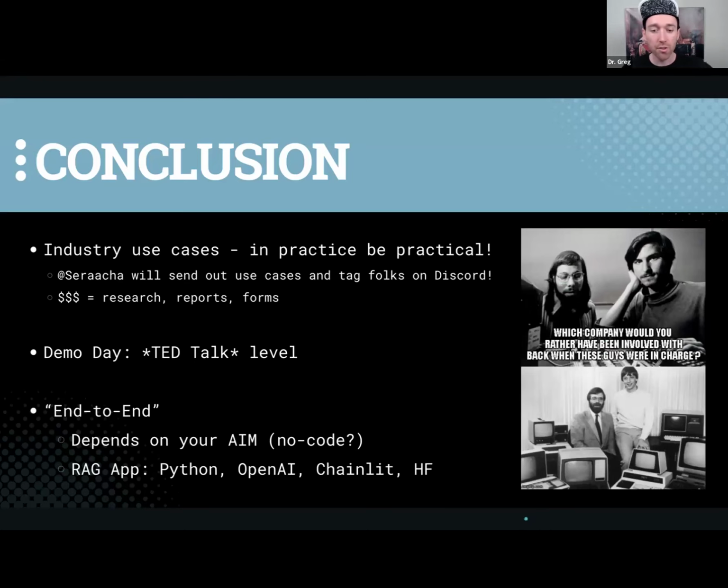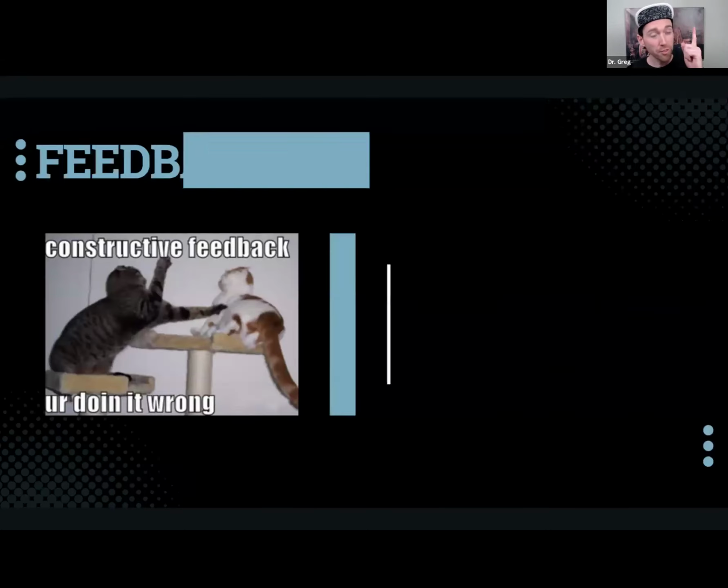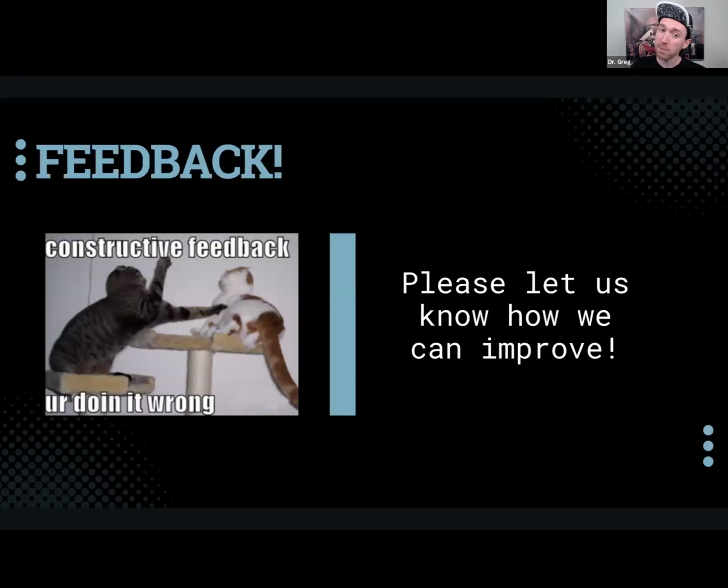Okay, that's it for session 3. One more thing. Please, please, please let us know what you thought about today. Let us know how we can improve for future cohorts. We're always working on trying to take this to the next level, improve the processes, improve your experience. Let us know what you thought. And 2 minutes on the clock. We'll close it out right after feedback.